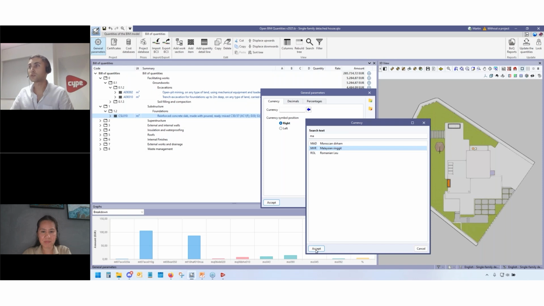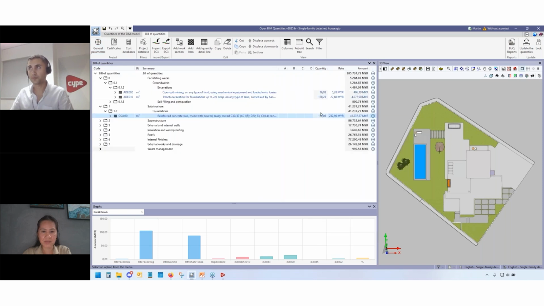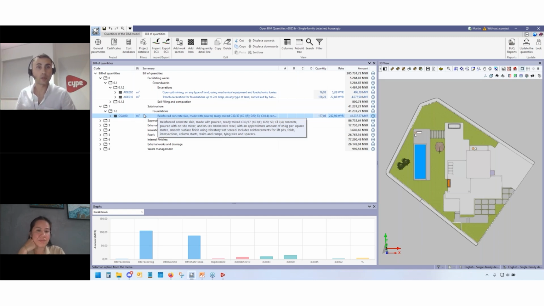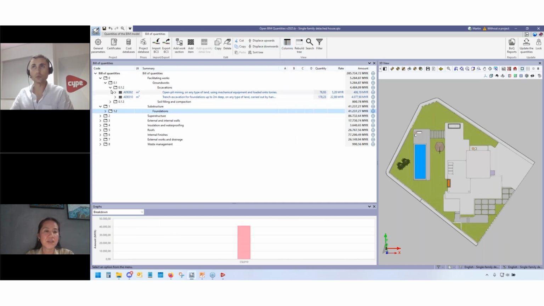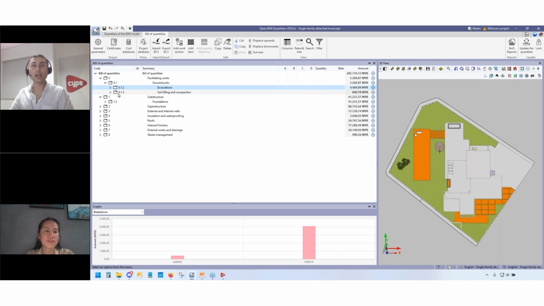And we have the actual currency over there. Of course, we need to be aware of what currency we're working at when working in the cost database, right? And we have the possibility to control the look and the format of this outcome too, right? So this would be like the step-by-step of how to measure and how to use the program to automate all